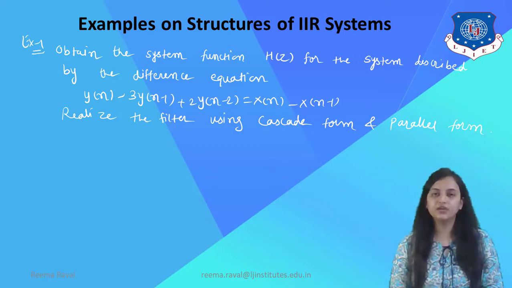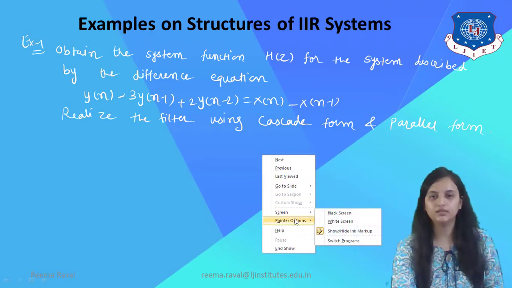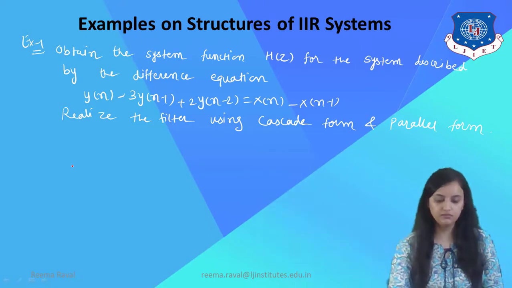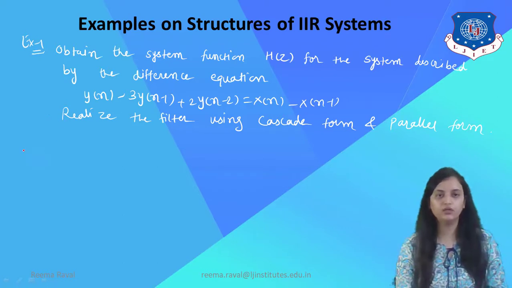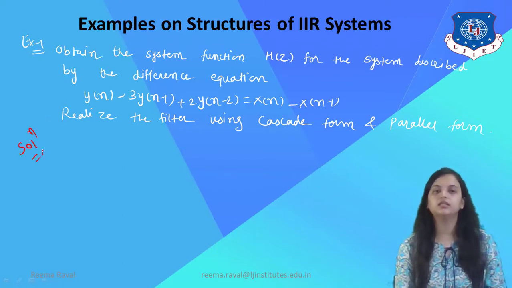Now, as we have seen in the previous session, whenever the difference equation given to you is in terms of n, first of all you need to take the z transform to make it in the z form, so that you can draw the structure using the delay elements which is in terms of z inverse. So, let us start by doing the z transform for this. First, let us find out the function in terms of z. So, taking the z transform,